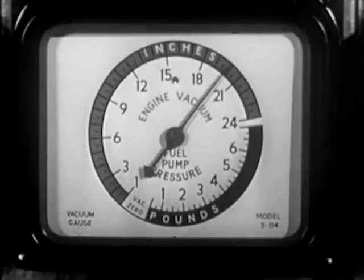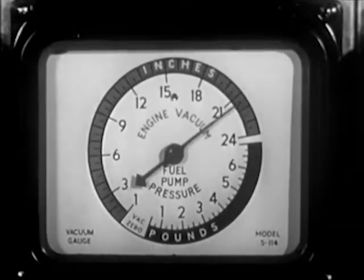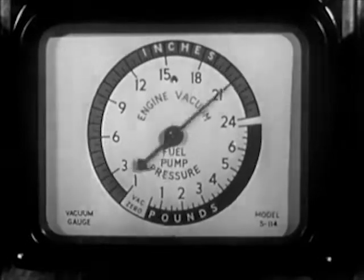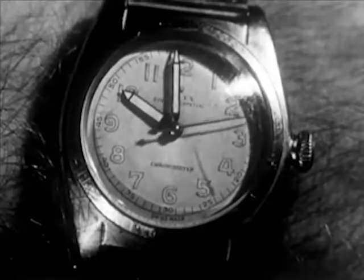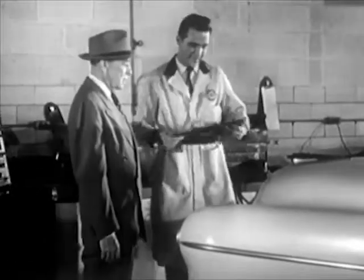Precision instruments show the skilled mechanic the condition of each unit, just as delicate instruments help the doctor in making his diagnosis. Just needs a tune-up, eh? That was very interesting. How long will...